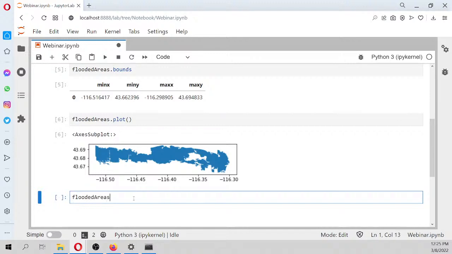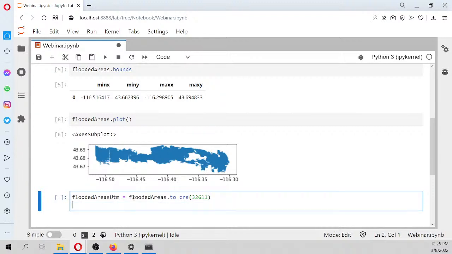areas UTM is equal to flooded areas to CRS of 32611. And this is an EPSG code that transforms the geographical coordinates of WGS84 to UTM, a transverse Mercator on zone 11 north. Okay, so, and then